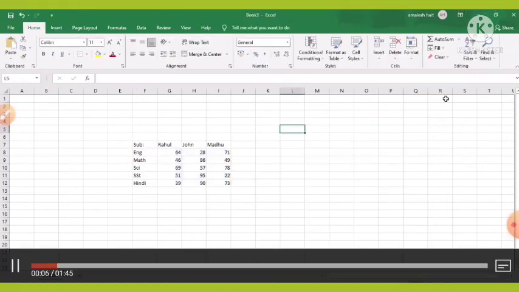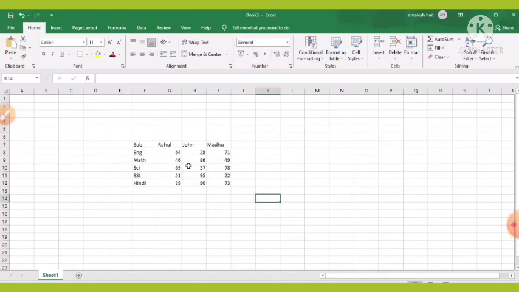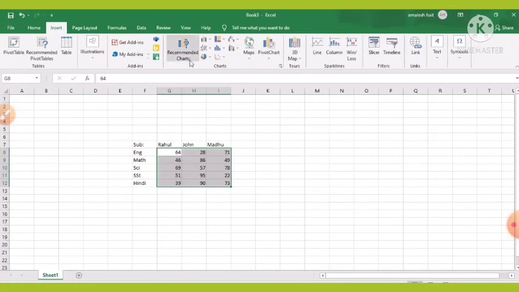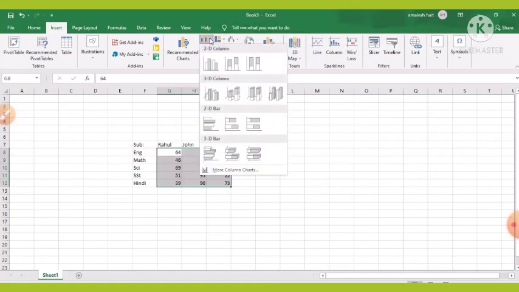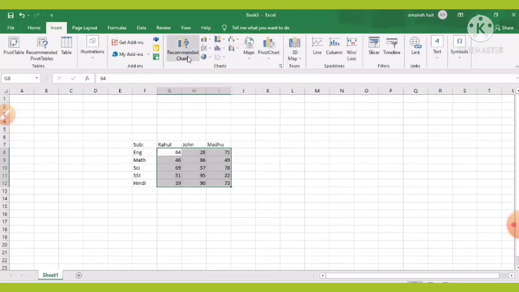Selecting the right chart type for your data is one of the most difficult decisions while using charts in Excel 2016. As charts make data easy to understand and help in capturing the interest of the readers, you need to remember it. So at first select your data to create the chart, and then select any chart under All Charts in the Charts group. So we are selecting here.